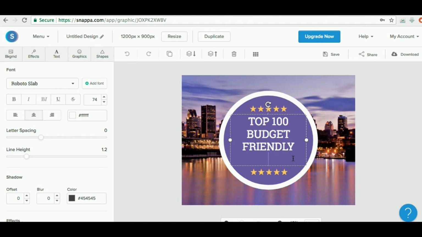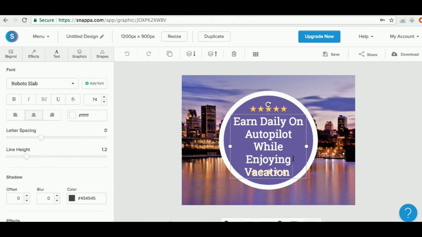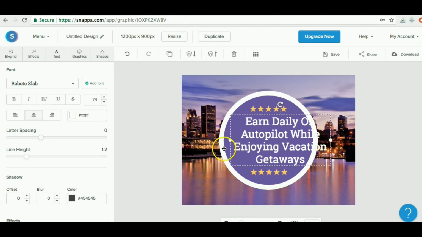and I'm going to type in, let's see, earn daily on Autopilot while enjoying vacation getaways. Now I'm going to go ahead and make this smaller just so it doesn't get in the way